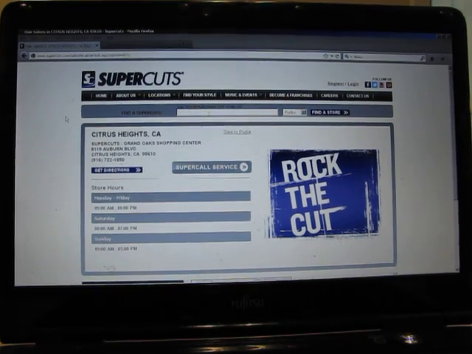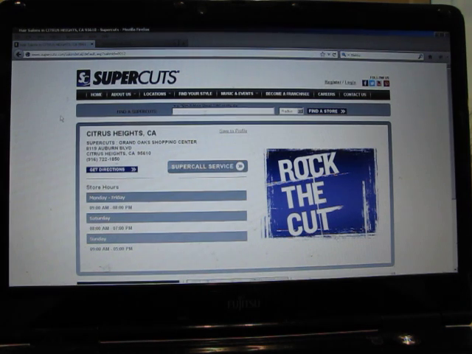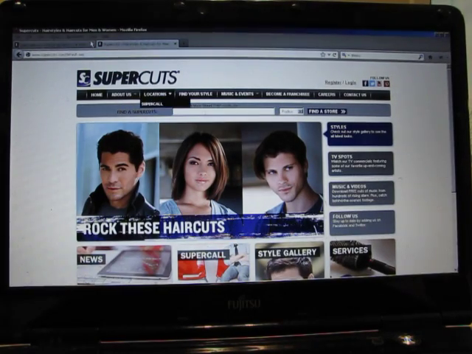Hello everyone, I just wanted to show you how simple it is to use our booking system. Pretty much how you're going to start is, let's say that you want to set up an appointment with your hairdresser and you're going to click "Book my appointment." Here it should say "Book my appointment," so I'm going to click on that and it will take me to a page like this,